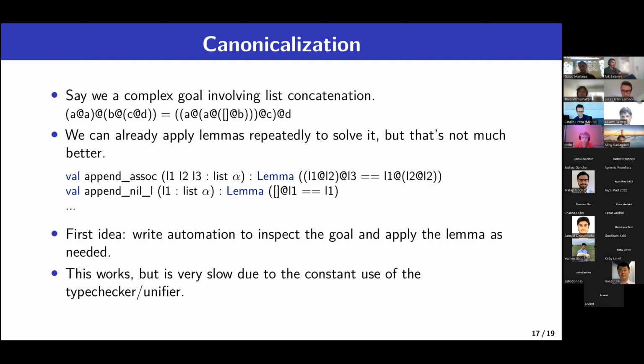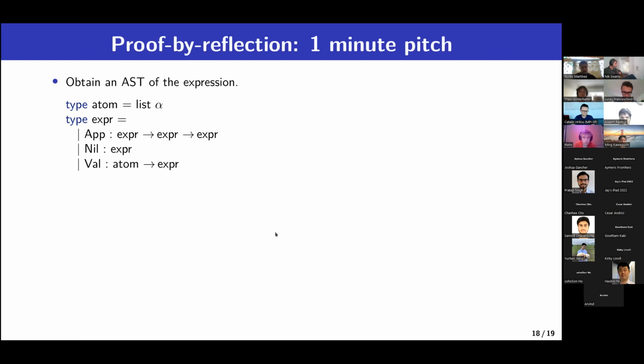And in some other proof assistants, so what I'm going to show you next is a technique called proof by reflection, which I'm sure many of you know. In other proof assistants, this is also a question of the size of the proof. That's not really a problem for us because we don't store the actual proof term anywhere, but it's still way too slow to use. So the idea of proof by reflection, and this is going to be a very, very fast slide,